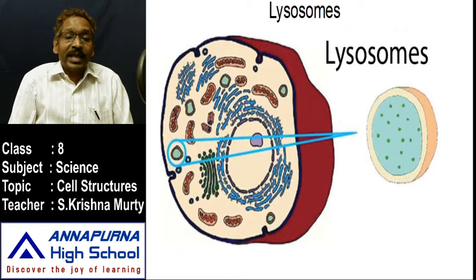The lysosome contains one membrane, a blue membrane. That blue membrane has the ability to produce some kind of enzymes to digest the food material, to destroy the waste material, and to send out the foreign germs from the cell to outside of the plasma membrane. So it plays a major role in the digestion of food material inside the cell. So these are also known as cellular digestive organs.